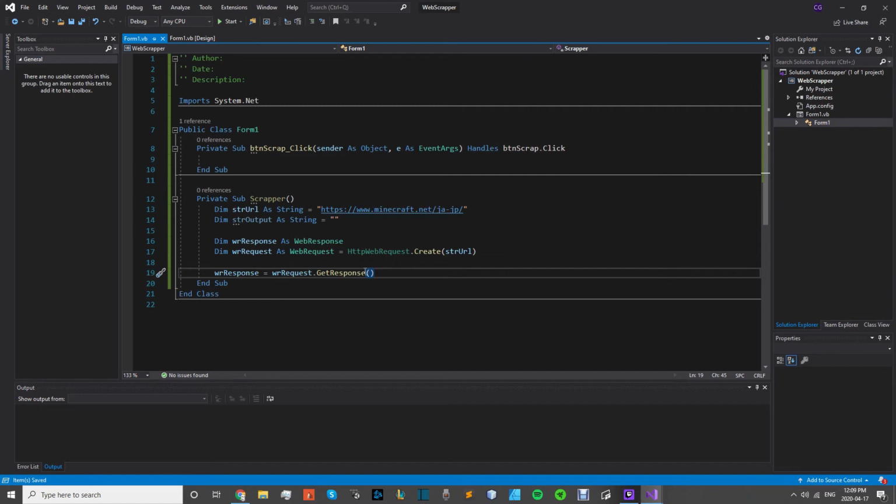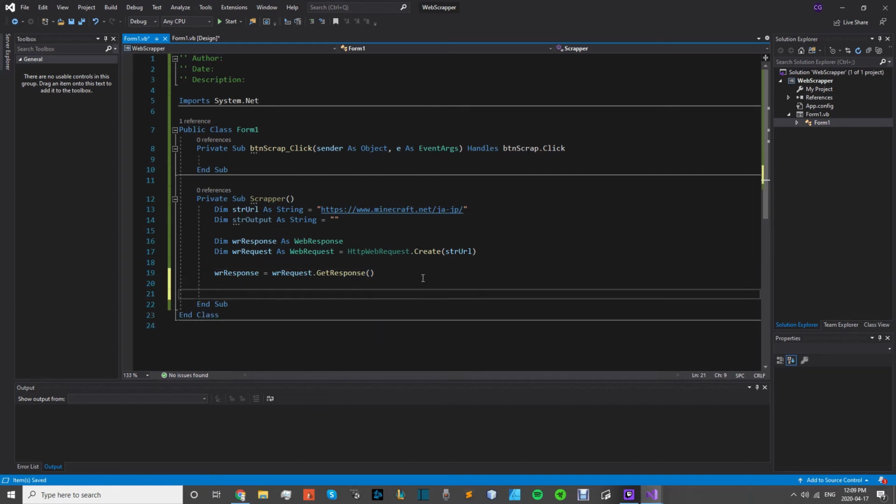And so this will get the response of our request, and then thus we can use a stream reader to read it out to us. And that's pretty much it. Like, it's not that hard. It gets a little bit more complicated when you want more specific things. So let's just finish this up really quickly, and we'll go